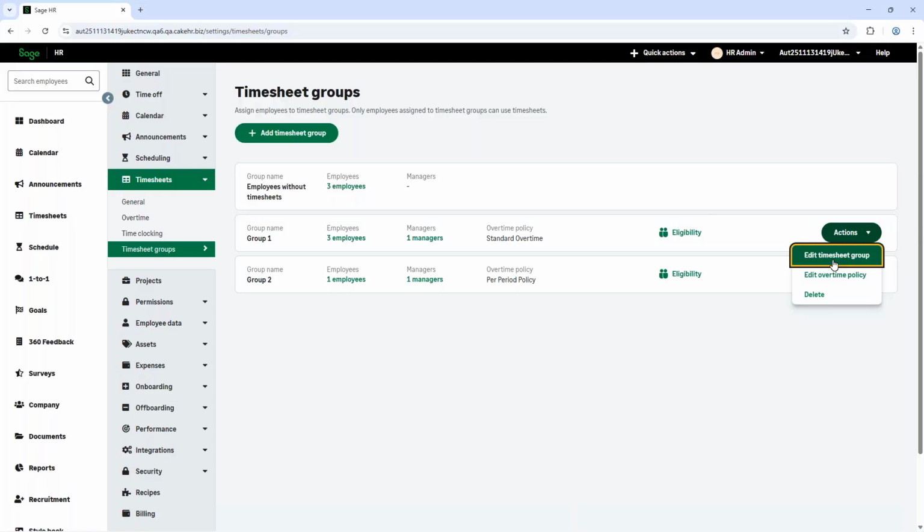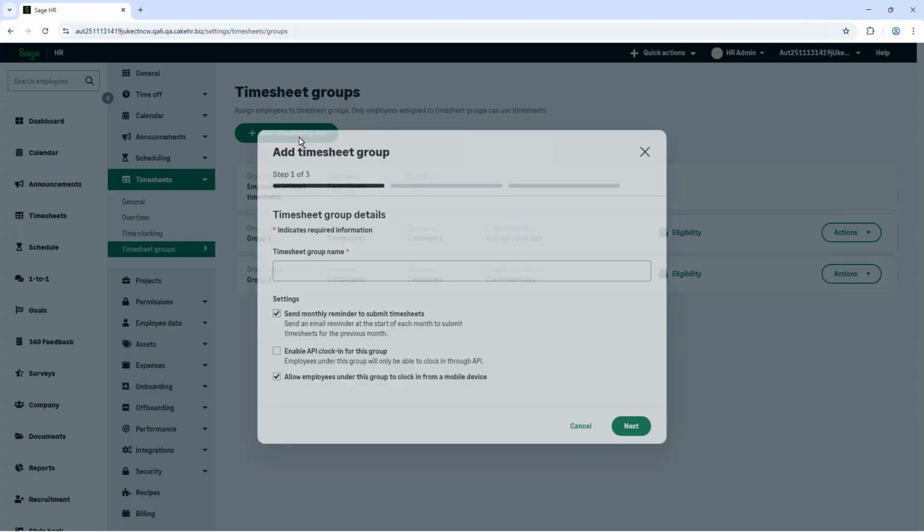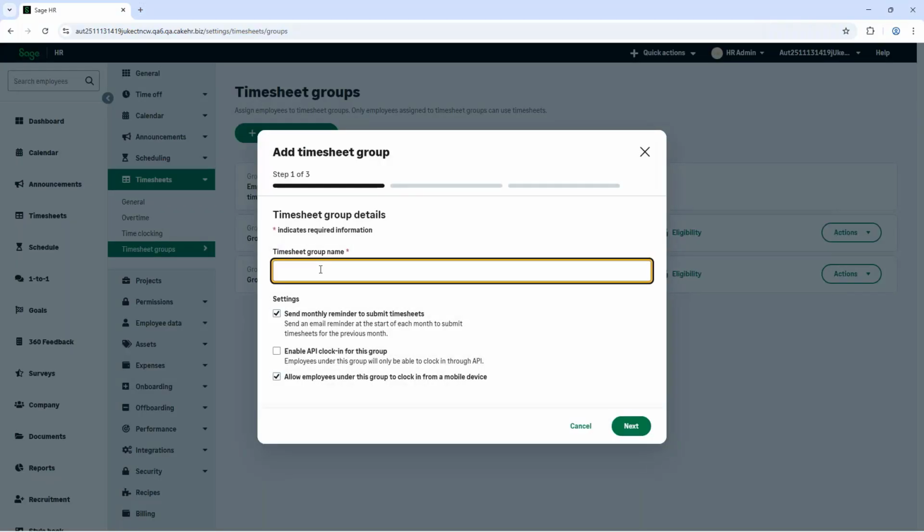And you'll also be able to edit the group settings, edit the overtime policy, or delete a group. So really simple to set up. You'd click on the Add Timesheet Group option, just here. You'd fill in a timesheet group name,